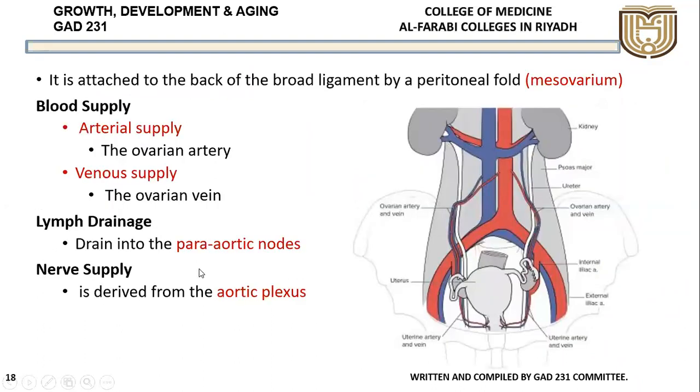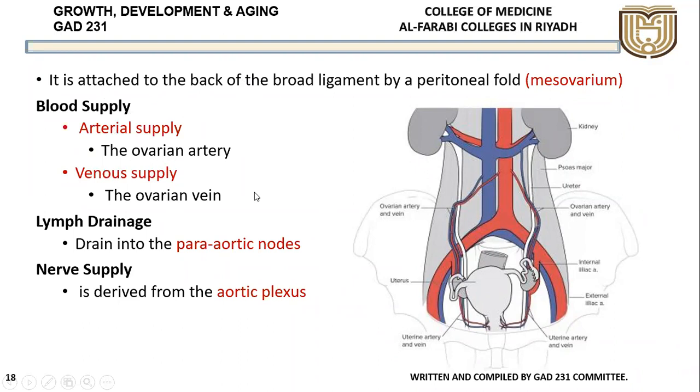Now coming to the blood supply. If you see here, these are the ovaries on either side, and they are supplied by similar arteries as in the male. In the testis it is the testicular artery. In the female it will be the ovarian arteries. You can see here, similarly from the abdominal aorta on either side, the ovarian arteries are coming and supplying the ovaries.